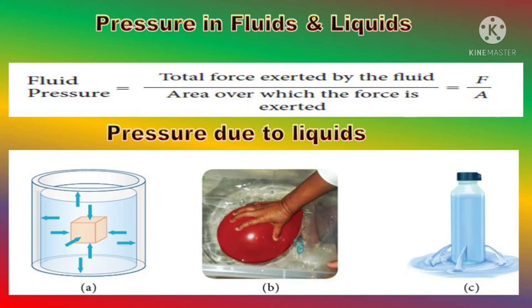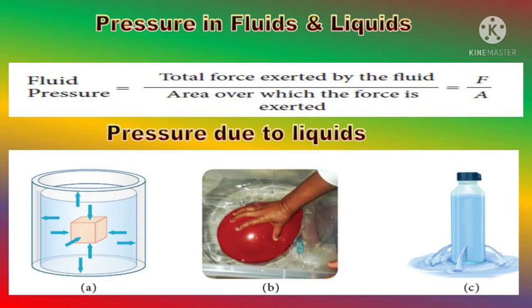The force exerted due to the pressure of a liquid on a body submerged in it and on the walls of the container is always perpendicular to the surface. In figure A, we can see the pressure acting on all sides of the vessel. Then when an air-filled balloon is immersed inside the water in a vessel, it immediately comes up and floats on water. This shows the water exerts pressure in the upward direction. It is shown in figure B.